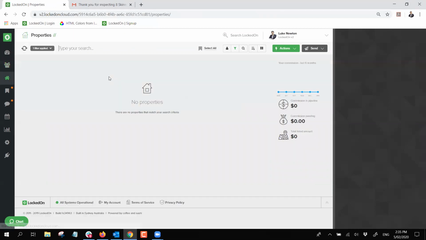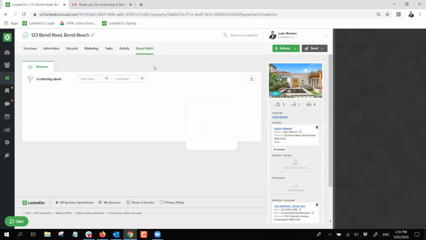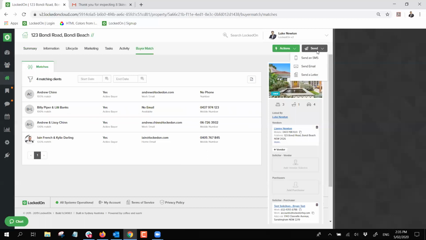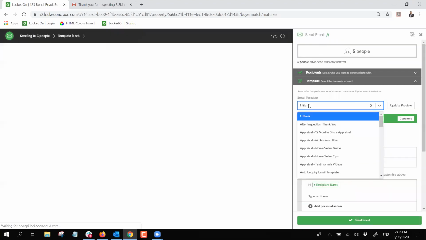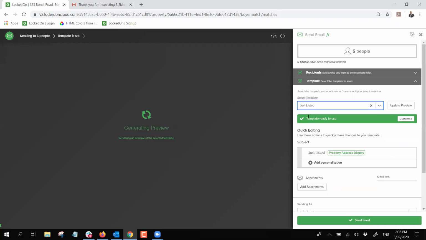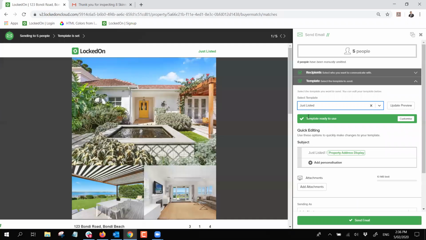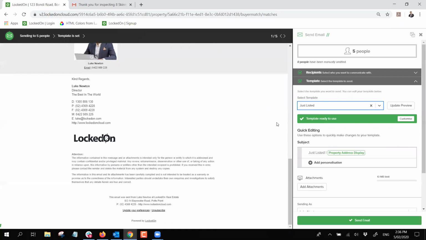If we go back into the property and we again look at the buyer match list, you'll also have the options to send and bulk communicate through SMS, email, or letter. If you are going to launch your property and do an email, you can use our standard template in the system, which we give all users, called Just Listed, and it will then load your logos, branding, and details with a nice formatted email that you can send off with all of the marketing, listing agent's details,